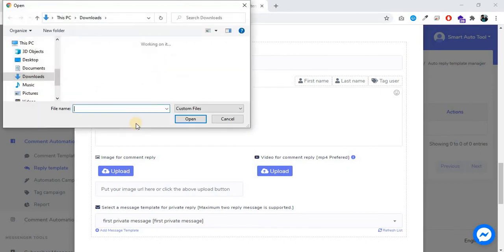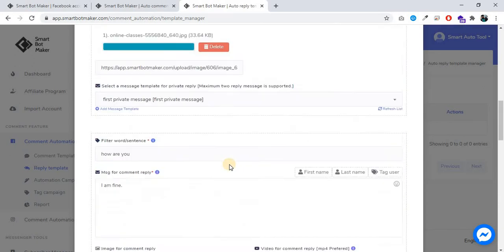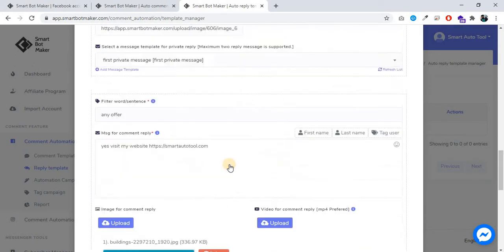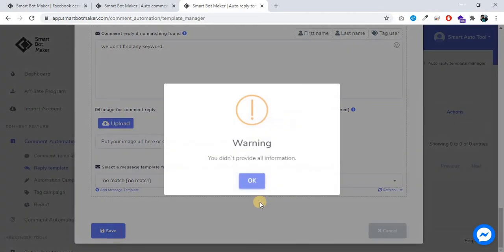I'm selecting a different picture for every comment reply. Now click on save.